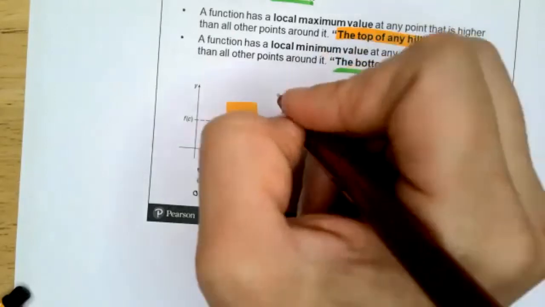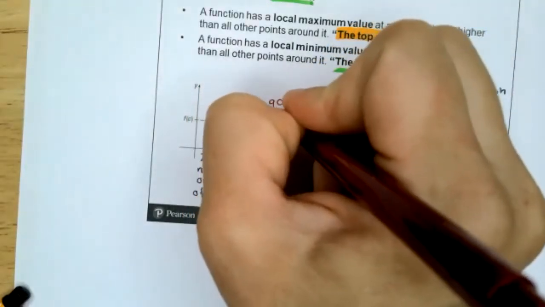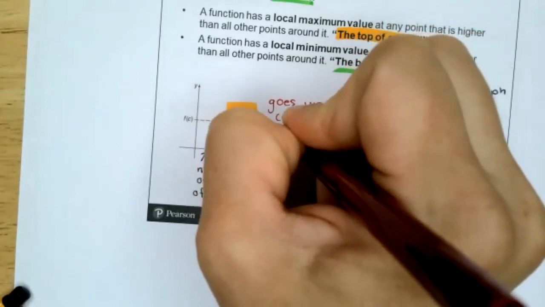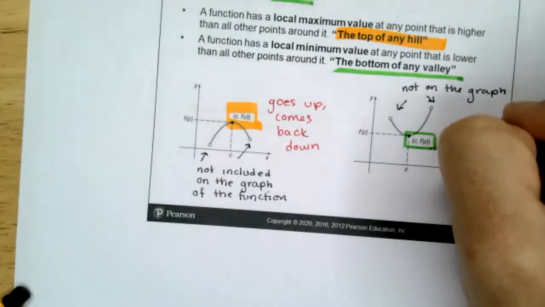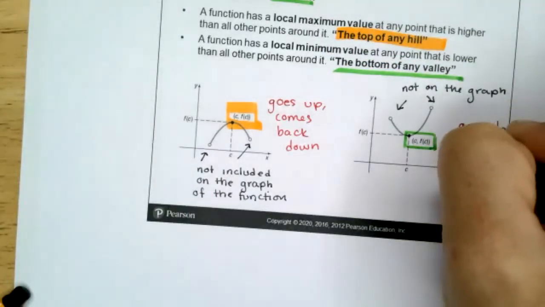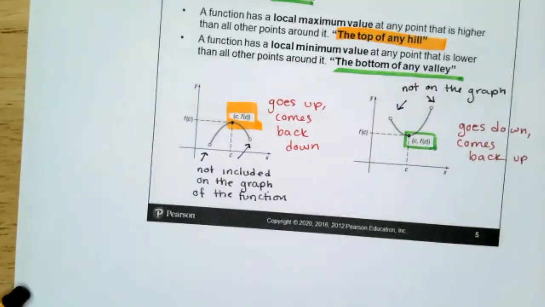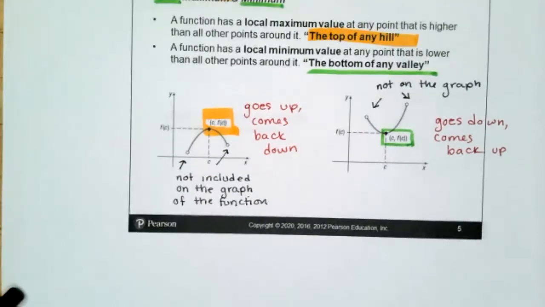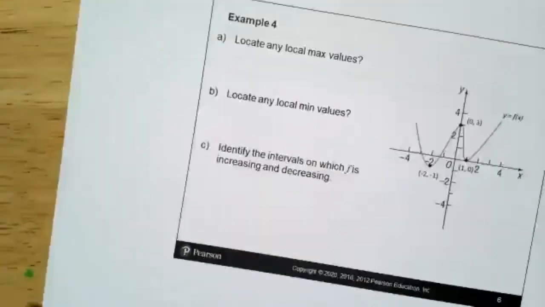Higher than the other points around it, so goes up, comes back down. Here goes, what do you think? Down, comes back up. Good. All right, those are local maximum and minimum. Then,